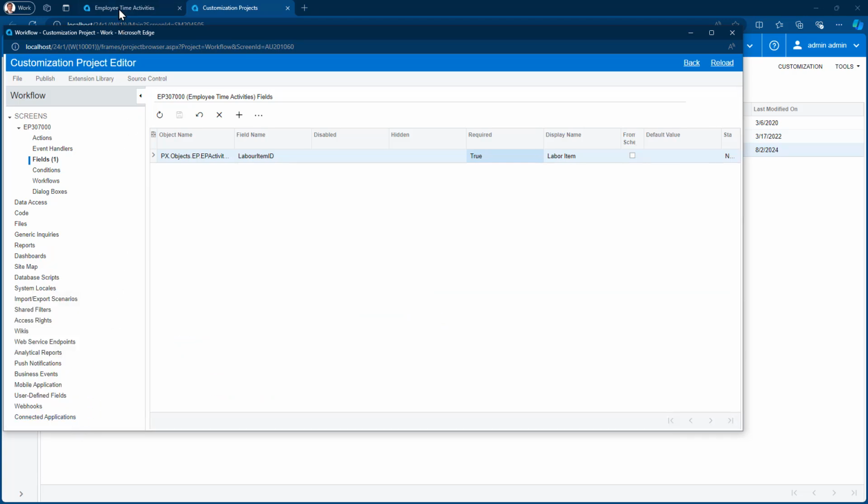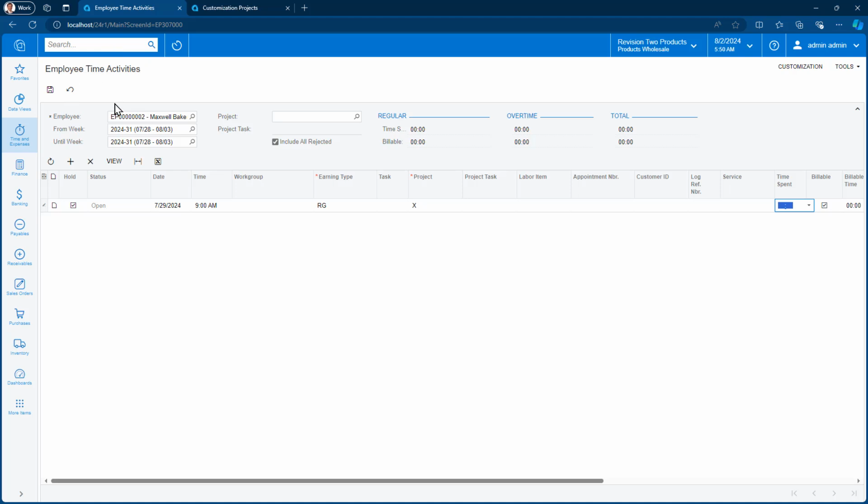And once my project's been published, I'm going to have to refresh this screen. So I'm going to go do that. Keep your eye on the labor item area. And it's now a required field. So even if I delete this,